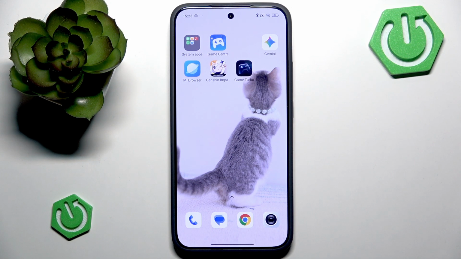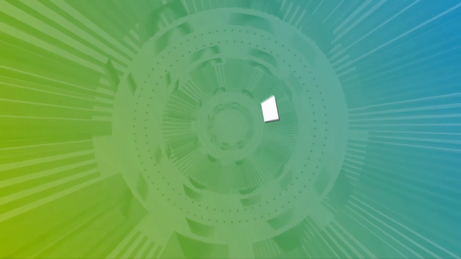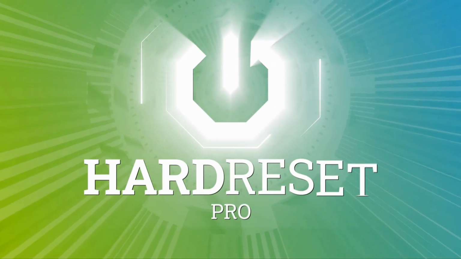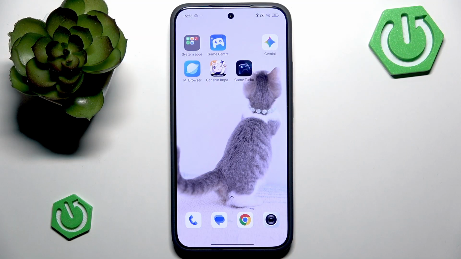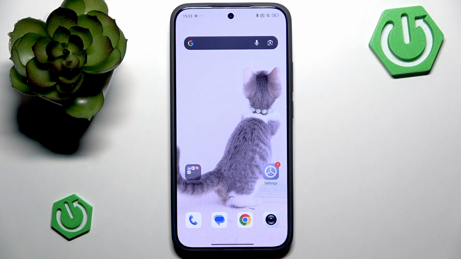In this video I will show you how to take a scrolling screenshot on your XIAOMI 15T. Taking a scrolling screenshot allows you to capture an entire page of content in a single image. First of all, let's go to the screen, or for example, website or any other application that you wish